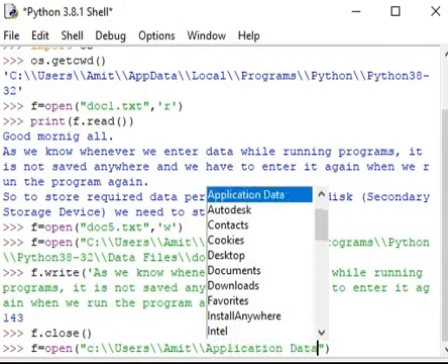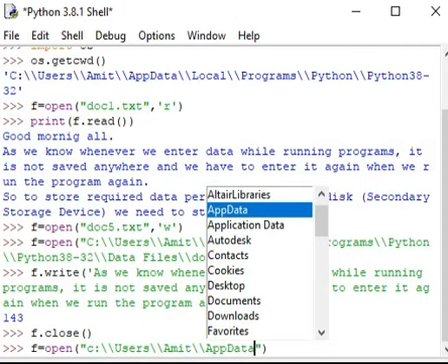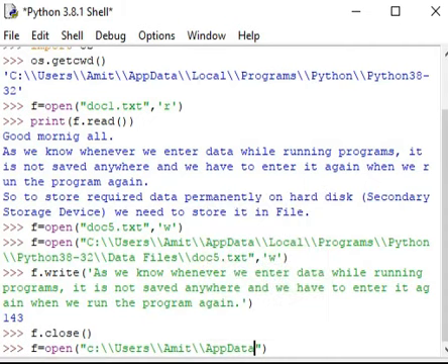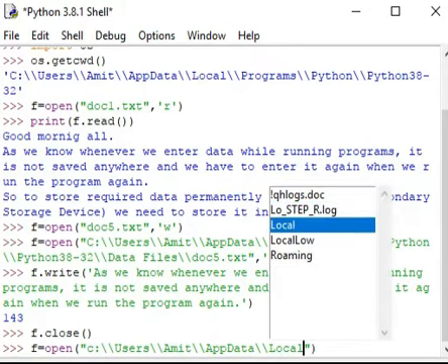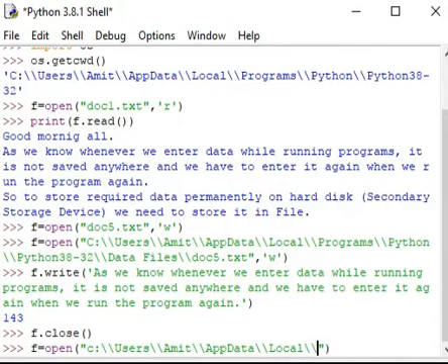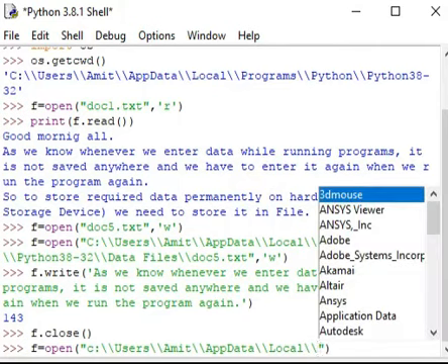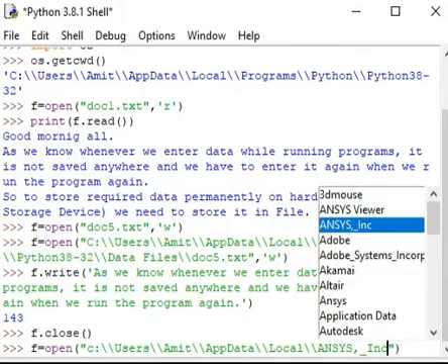So again I have to go to this AppData directory, and then again if I do here, it will show me what are the folders available. I will go in Local, then again if I do slash, it will show me what are the folders available.